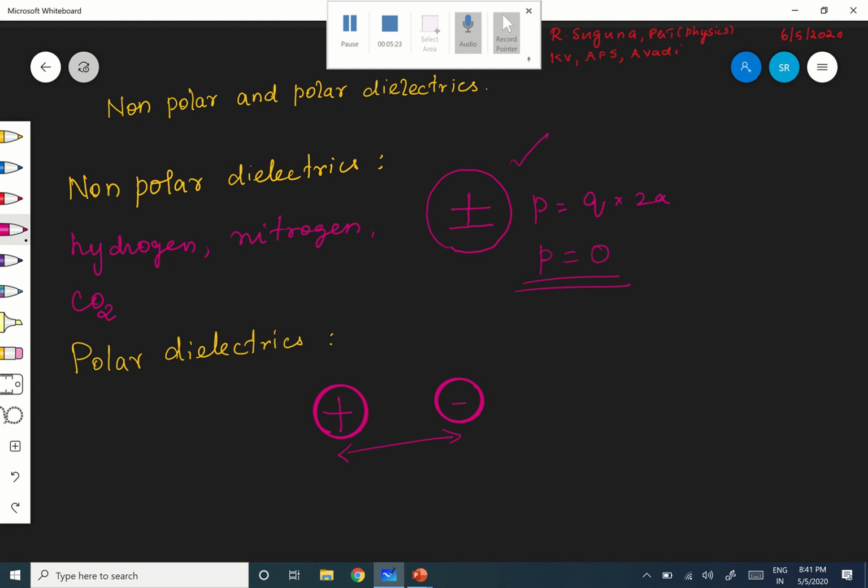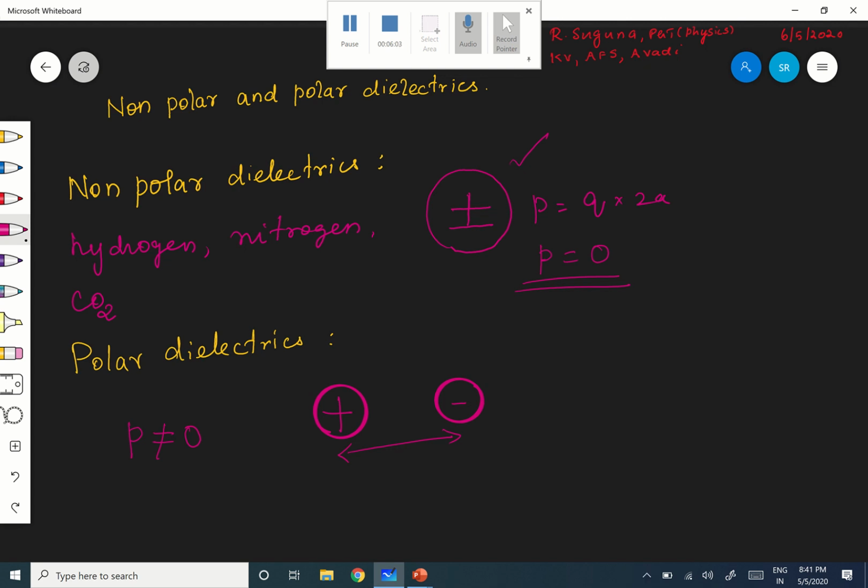So, they have non-zero dipole moment. Therefore, P is not equal to 0 here. Each and every molecule has its own dipole moment at normal state, with no influence. Every molecule has some dipole moment of its own. Because of this, polar dielectrics usually have some asymmetric shape. Example for that: